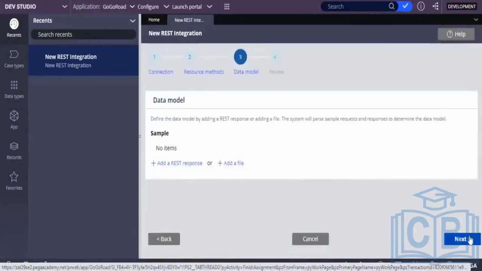Here you saw it is asking for a sample REST response. In real time also, they will give you a sample request and sample response. Actually, they will provide you one PDF where you will get all the information. Click on add REST response.